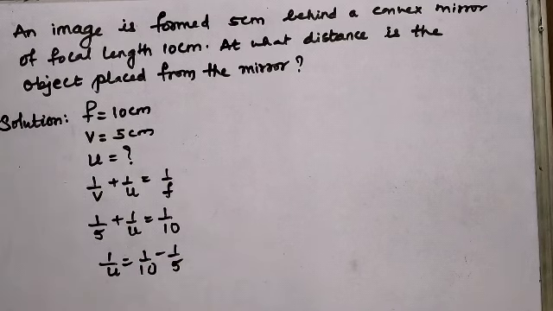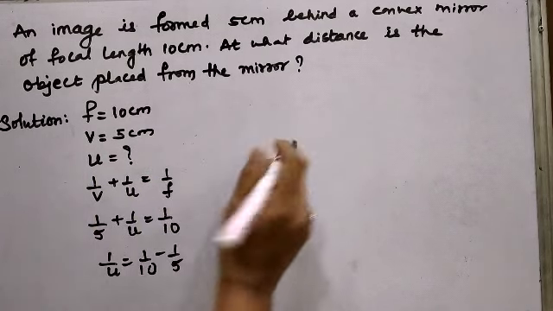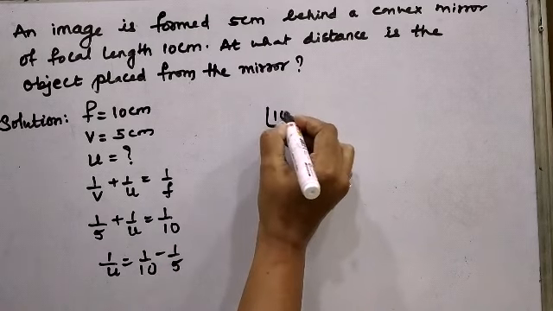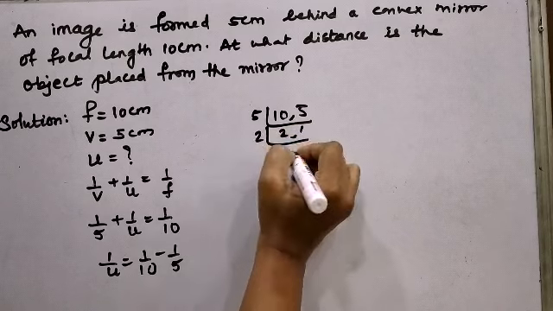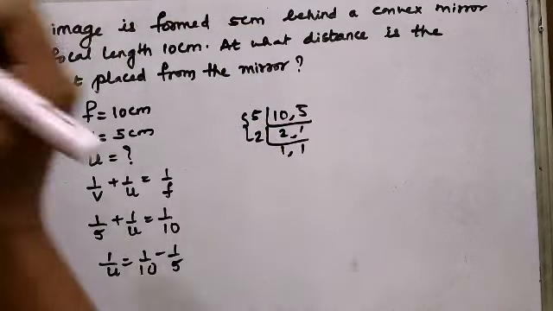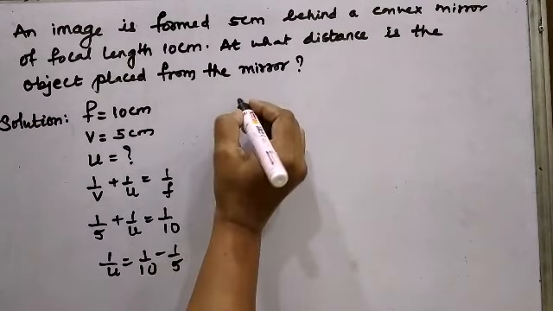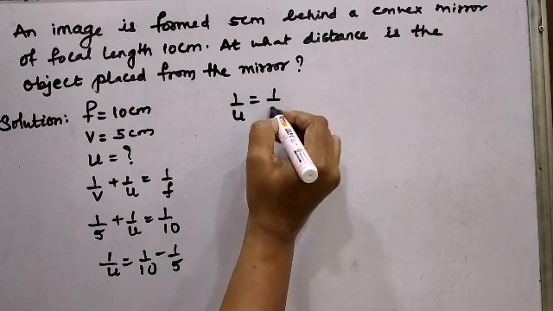I have already told you last time that I always prefer the LCM method to solve the fractions. So we have 10 and 5 in the denominator. If I take the LCM of 10 and 5, I get 5 2s are 10, 5 1s are 5 and 2 1s are 2. That means LCM is equal to 5 2s are 10. So if my LCM is 10, then if I solve further, I get 1 upon u is equal to 1